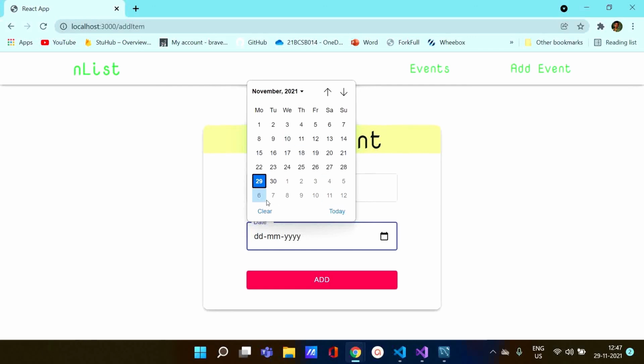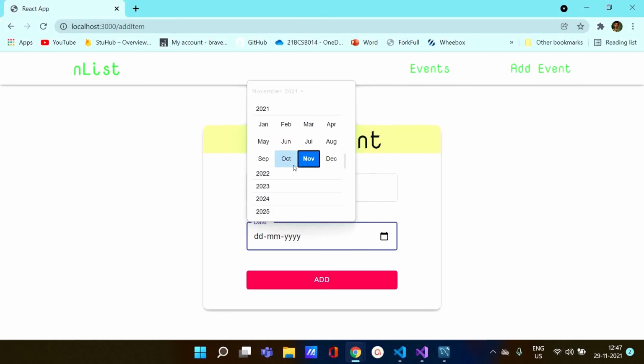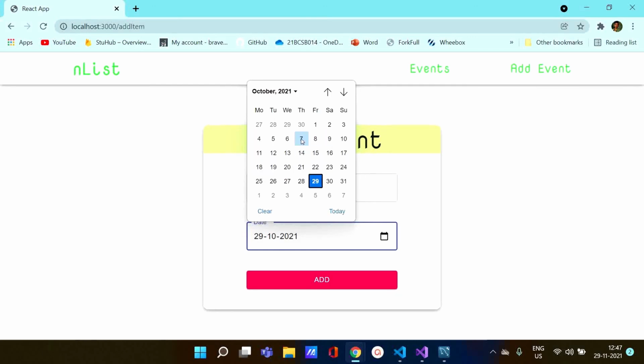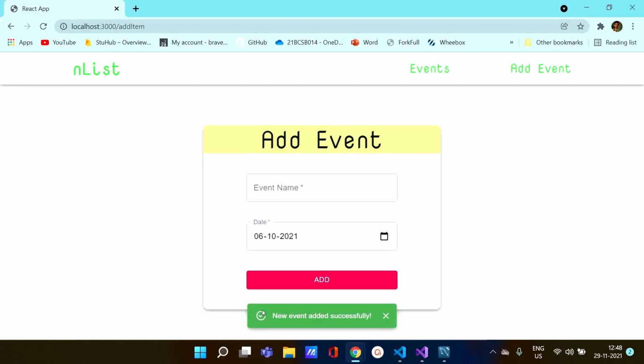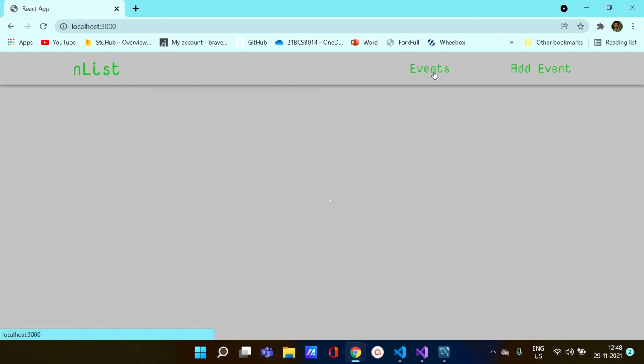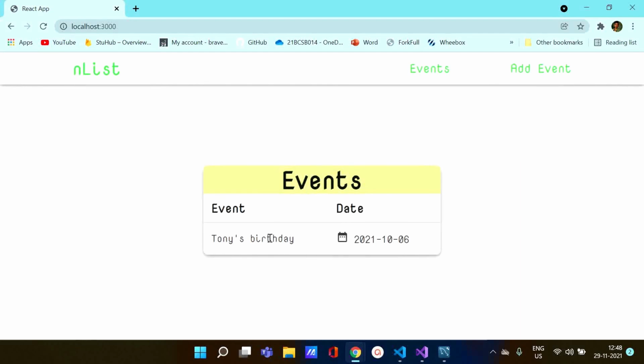Select the date. Just add the event. Here the toast message shows that the new event was added successfully. Now let's get back to the events page. Here we can see the event that we have added.